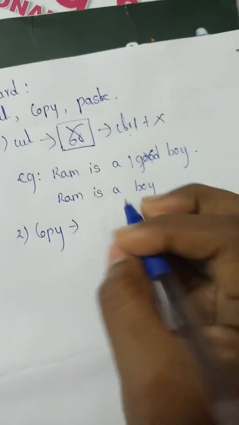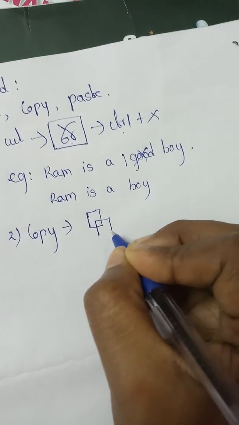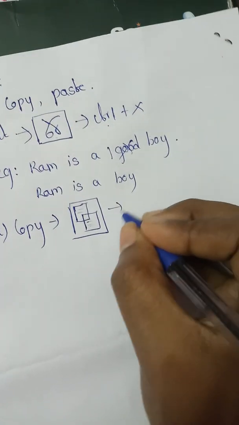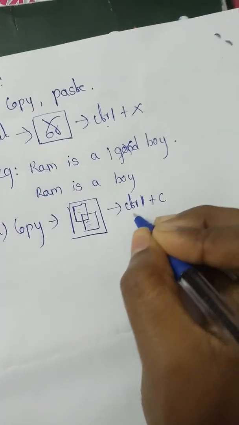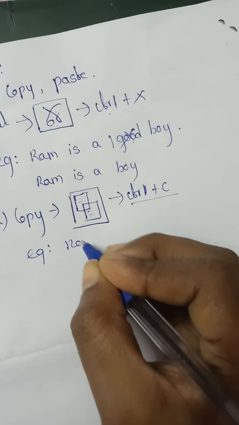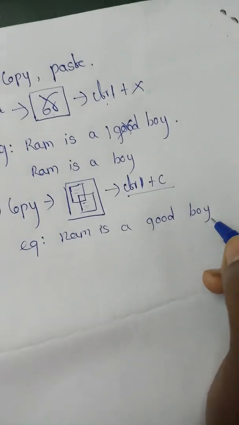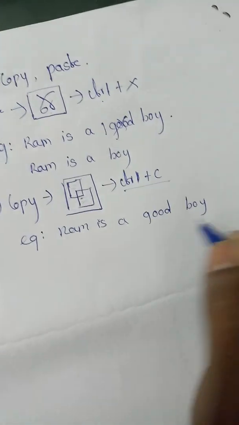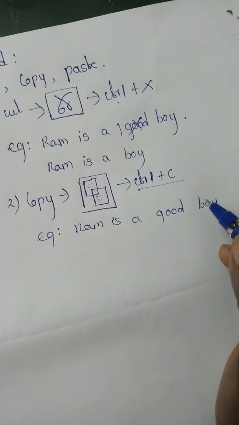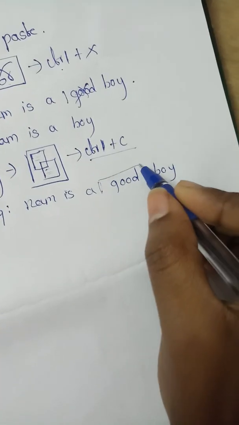The second one is copy. This is the icon for copy. The shortcut key is Ctrl plus C. Here also the same example: Ram is a good boy. It can make a copy of a single letter, a word, or the same sentence. For example, if I am taking a copy of "good,"